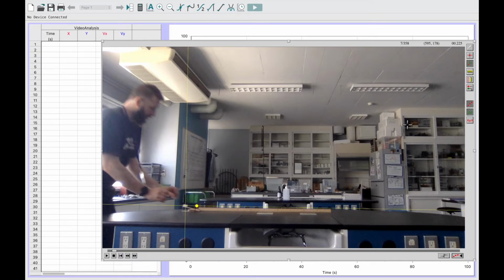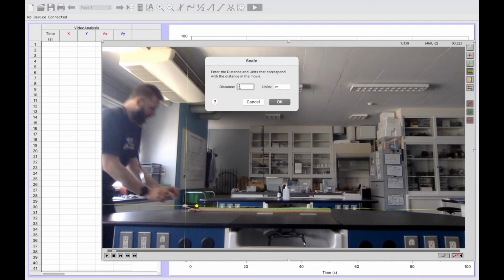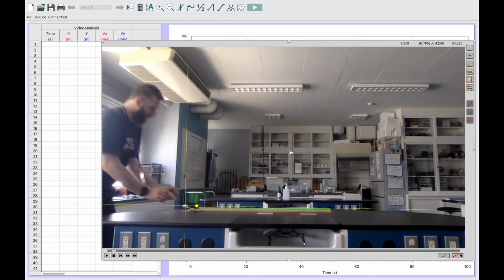There's our origin set. The next thing we need to do is set the scale here, and the way that we do that is by clicking on this little ruler guy directly below the origin button. So click that little ruler guy, and then we'll pick the corner of my meter stick and just drag it over to the other corner. And then that will be a distance of 1 meter. Okay. If you were using a different length scale, that would be fine. You would just need to change this setting to the length of that scale. Okay. So now we are ready to start